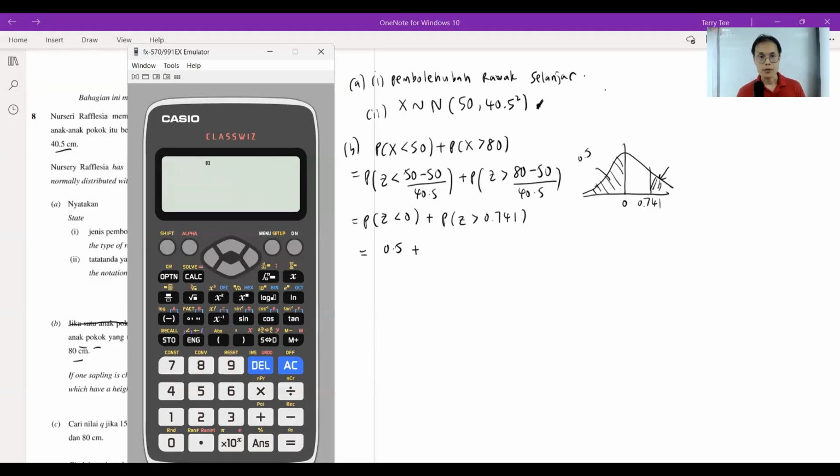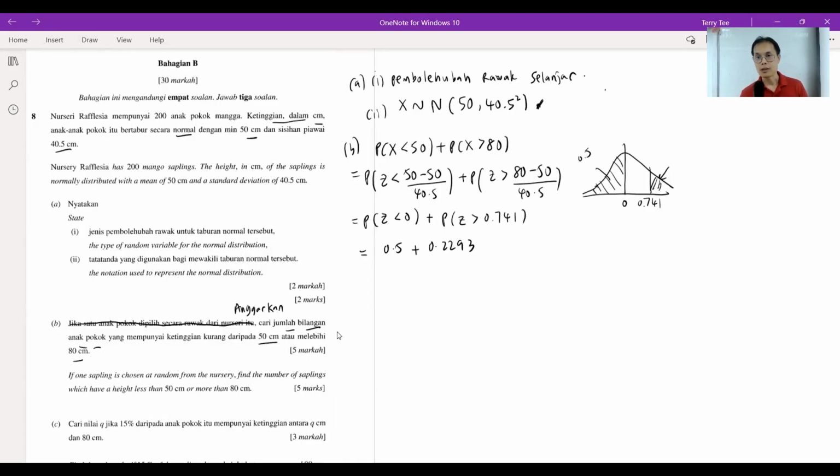So you press equals. I got 0.2293. Yeah. So this part is 0.2293. So you just add them up. Your total probability is 0.7293. Okay, so this is the chances that a randomly chosen anak pokok will have height either less than 50